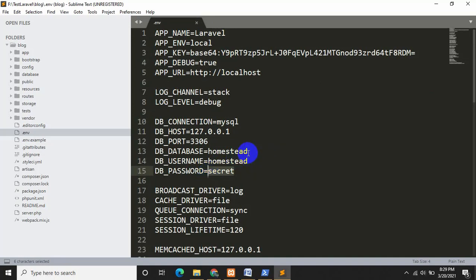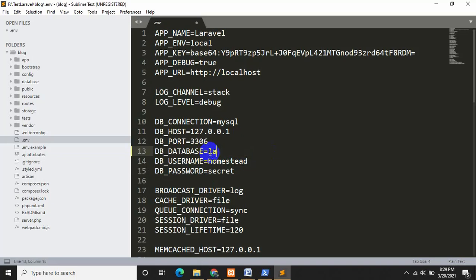So let's give a database name here. Let's say Laravel basic. And let's say the username will be root and the password will be null.